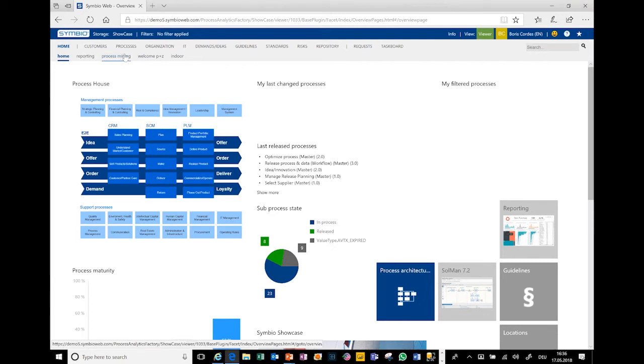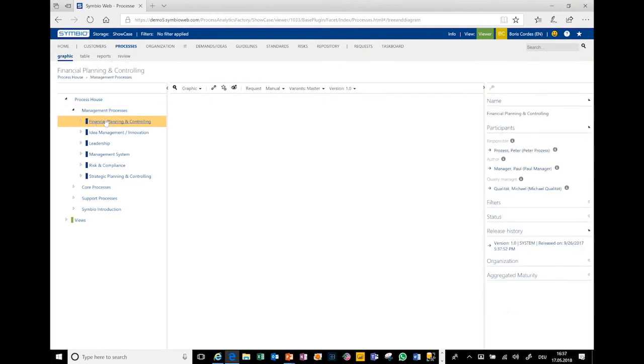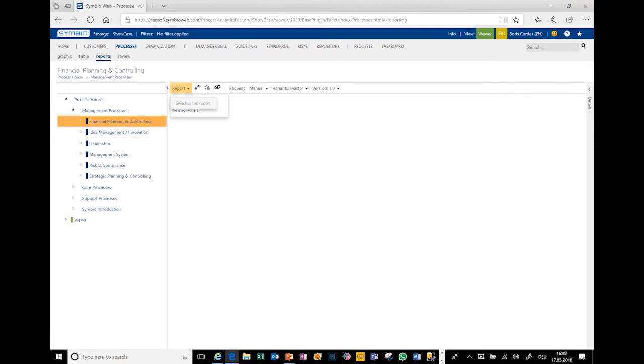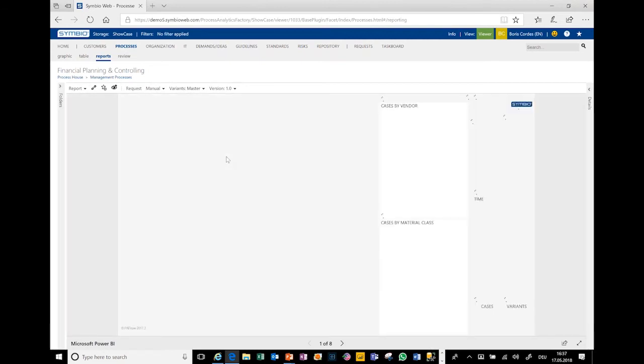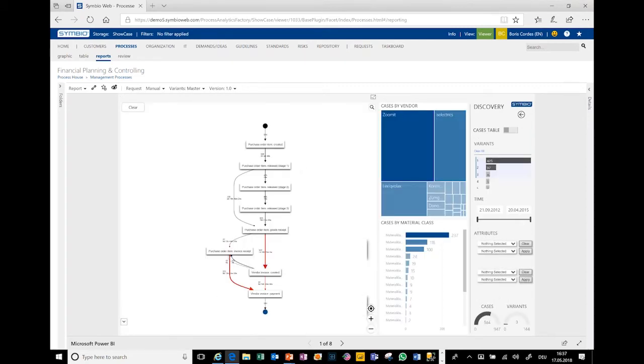You already see here in the menu a process mining menu, but we can also navigate via processes, and then we have the financial planning and controlling part, and in the report section we have the process mining capabilities. What we see right now is our core technology, the product PAFnow. It's integrated into Symbio, so you work directly in the Symbio application.